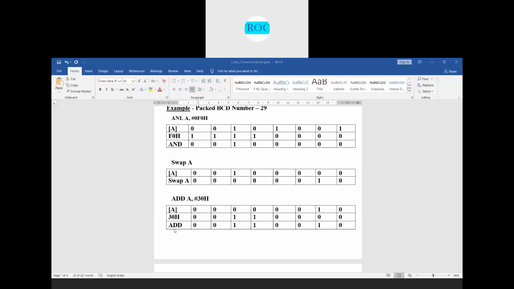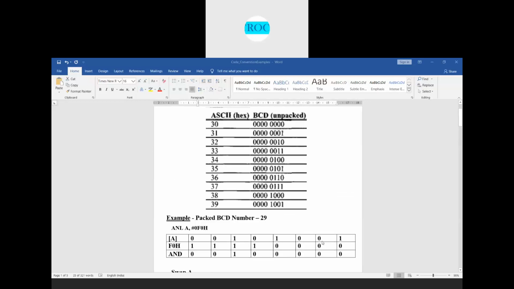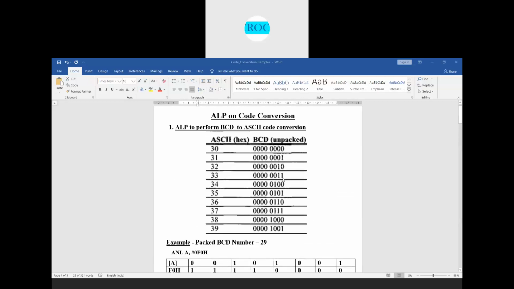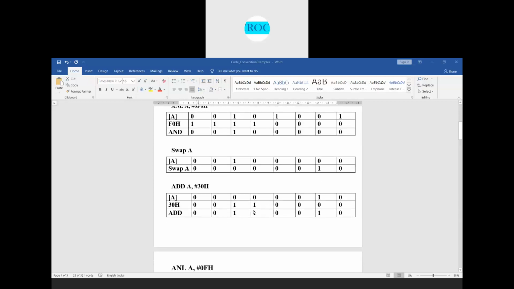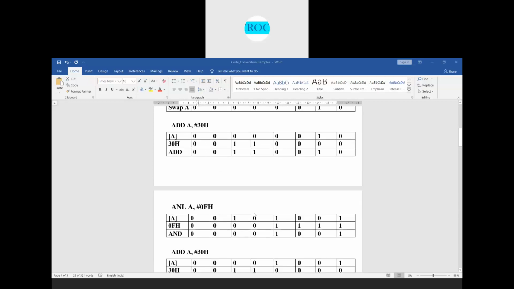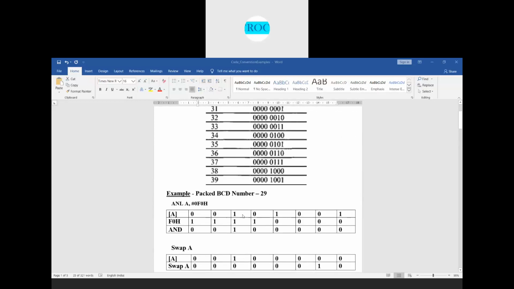When I add it, what do you get? This is 0011, which is 3, and 0010 is 2, so 32. So we converted the 2, which is unpacked BCD, to the ASCII equivalent in hexadecimal, 32. This 2 we converted into 32.